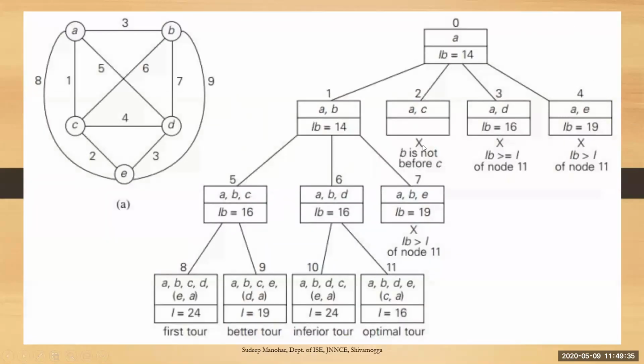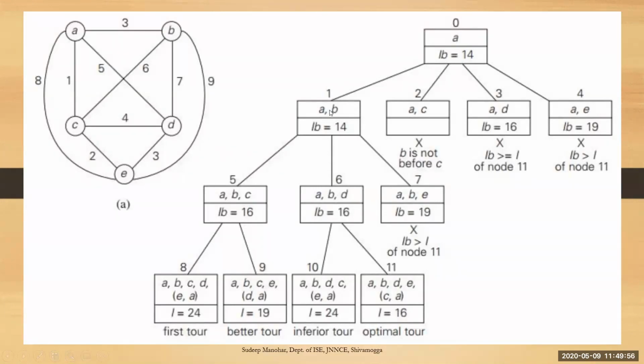So this is the state space tree. This is not a binary tree. It is just a tree. The root node starts from 0. It is numbered as 0, and it goes like this, level by level. Each level corresponds to the city that gets added. For example, if A is considered the starting point, it is in node number 0.